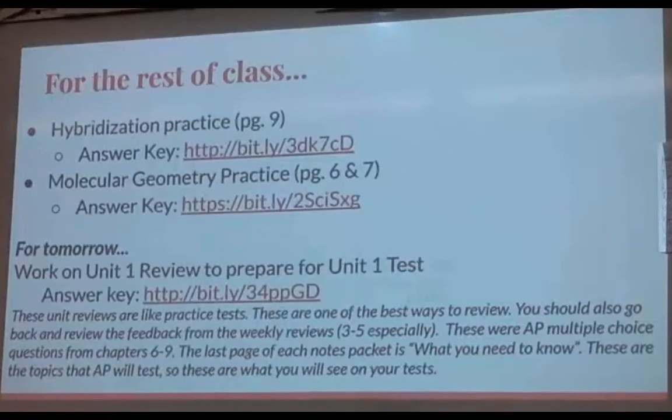And then finally, the last page of each notes packet, you had 4 notes packets for this unit, 6, 7, 8, and 9. The very last page of each notes packet is a what-you-need-to-know page, where I take essentially what the AP curriculum says you need to know, and I type it all out. That's another really good way just to review the different concepts, because our tests are like AP tests. So I'll leave this slide up on the board. You can move around, work with other people. You can come up